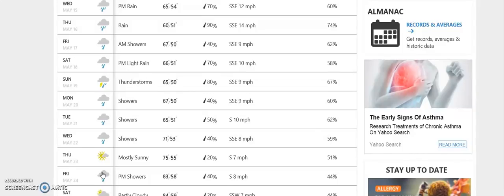It doesn't tell us at this point how much rain is going to fall, but it does give us a probability for the rain falling on those days, and that's listed in this column. So 70% chance and 90% chance, a 40% chance, and so forth. The next link is